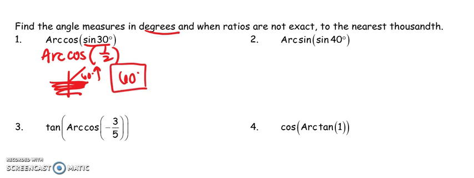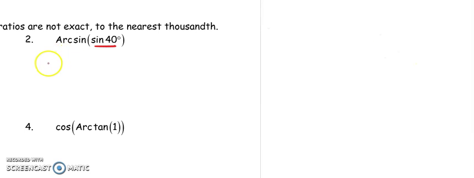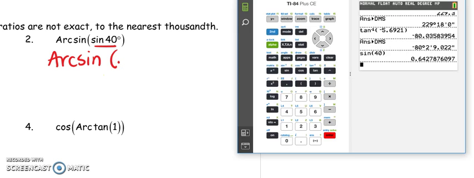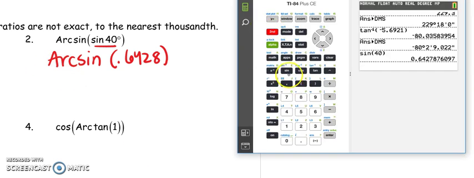So there's 2 steps to it. Sine of 40, definitely a calculator problem. So I'm going to bust this out. Let's do sine of 40. Now this one's kind of goofy, and I'm going to talk about it. So 0.6428. Arc sine 0.6428. Now, if you're doing this in the calculator, it is principal because it's capital A. It's automatically going to give you the principal value. So if I put this in,